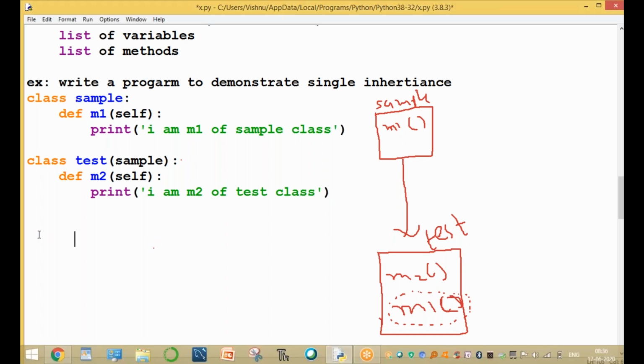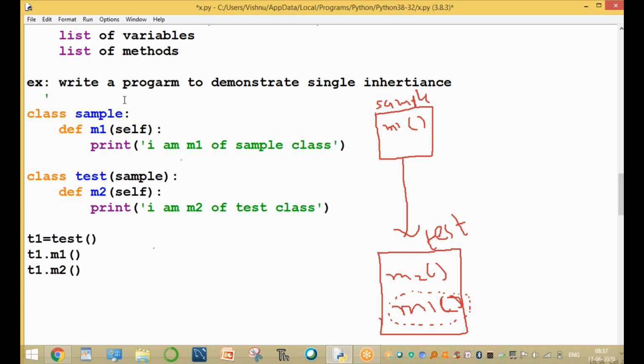Now we create an object of the test class, T1 equal to test, and call T1.M1 and then T1.M2. Now we execute the program.